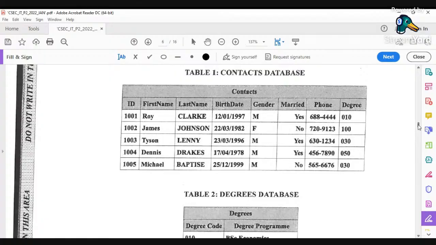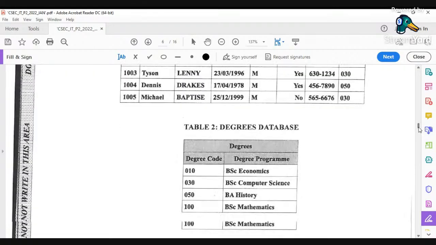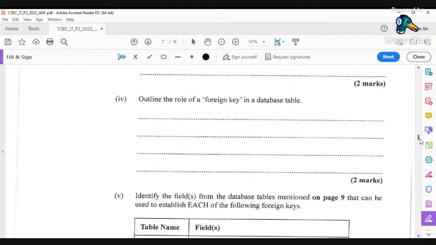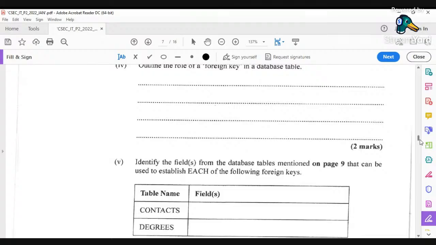So if we are supposed to create a relationship with contacts and degree, we would have to use the degree code to do that because the data match. So that is why the foreign key is used to link two tables together. All right, so that is IV. All right, so for 5